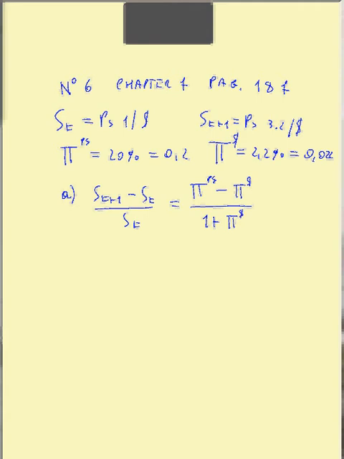So we can write S_T+1 over S_T minus S_T over S_T, which means that we have split this fraction, equal to the inflation rate in Argentina, 0.2, minus the inflation rate in USA, 0.022,